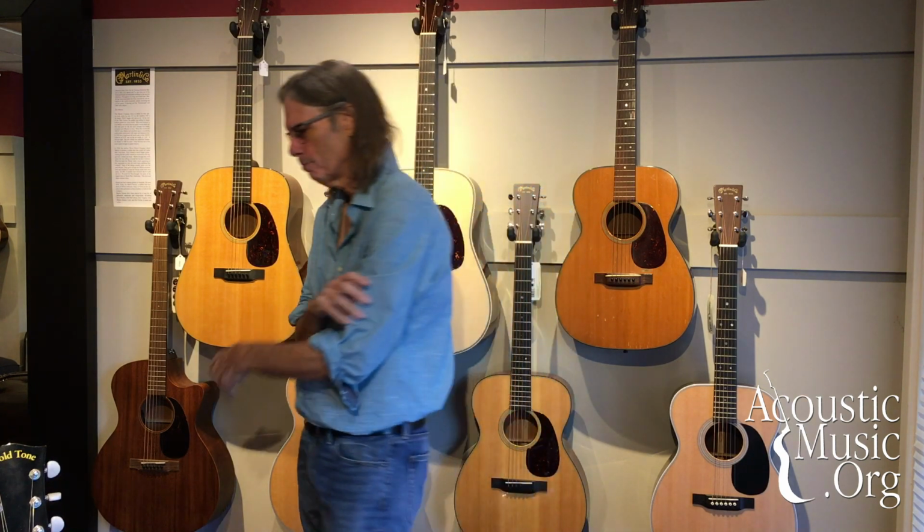And I said, well, what does it look like? And she said, well, it's got a big sort of yellow dot in the finish on the front of it. So I got excited, and I said, well, how many pickups does it have? And she said two. I was like, oh, well, that's interesting. Okay. So I said, well, I'll come down and look at it. So when I got there,